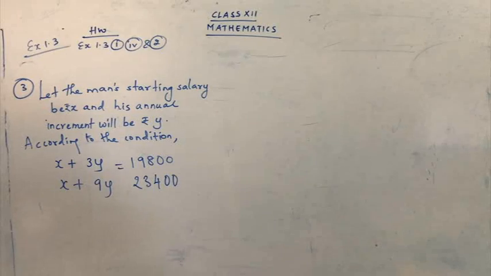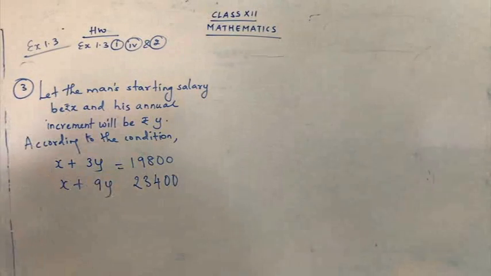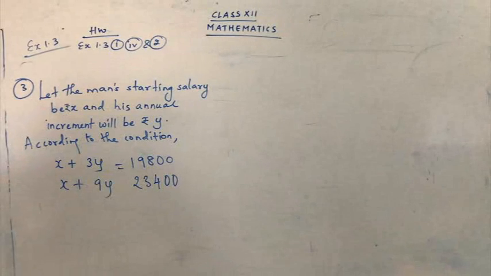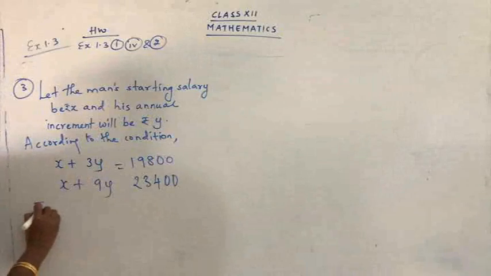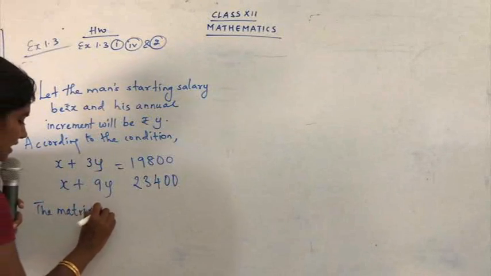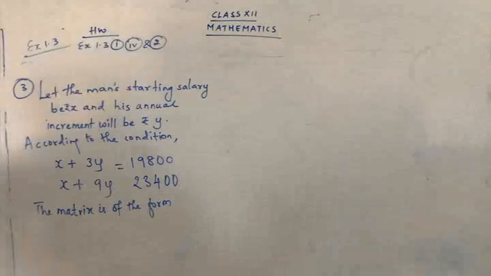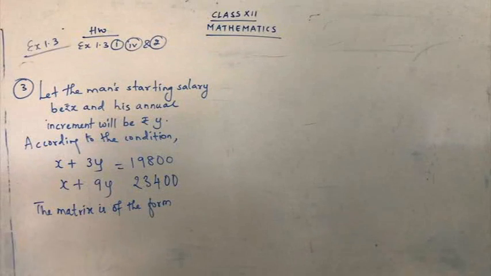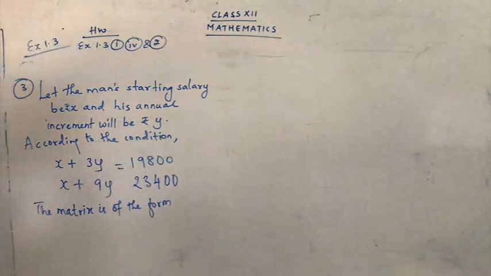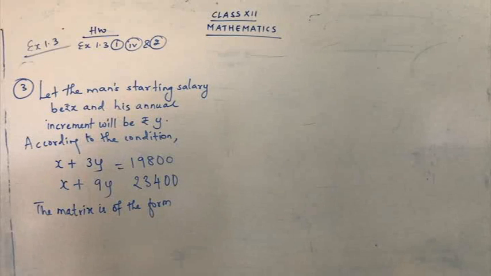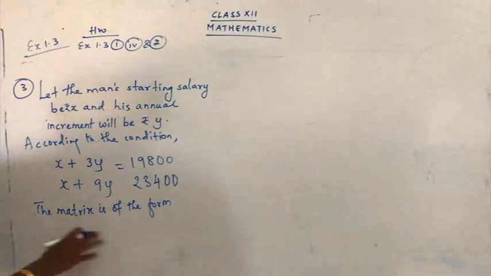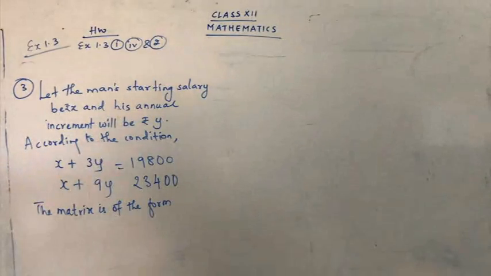Okay. So now we have to use the matrix inversion method here. So what is the form of the matrix? Yes, AX is equal to B. So write down the statement. Actually here the question is to solve it. So here the inverse will exist because the thing is to find out the salary and the increment. So anyhow if the man is going for a job, he is going to get one salary or some increment. So anyhow the increment will be there. That is the determinant A will exist. So anyhow we will just try the step and we'll follow the normal step for the sum.